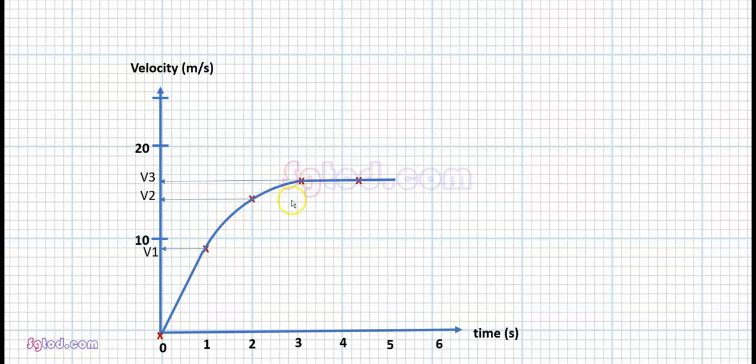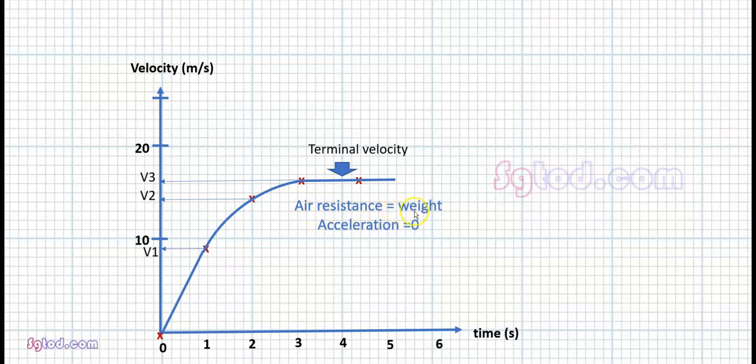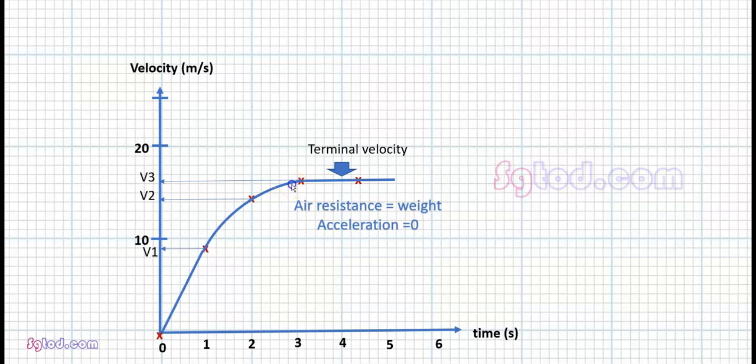The air resistance will increase till it is equal to the weight of the falling object, and at that point, the acceleration becomes zero. That means the object is now falling at constant speed. This is the maximum speed that it can attain, and we call this its terminal velocity. Now compare this graph to the case of an object free falling in vacuum, that is in the absence of